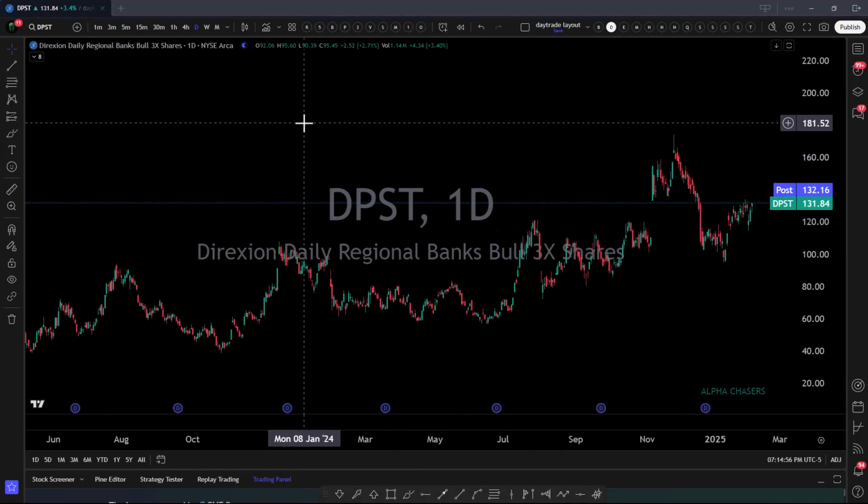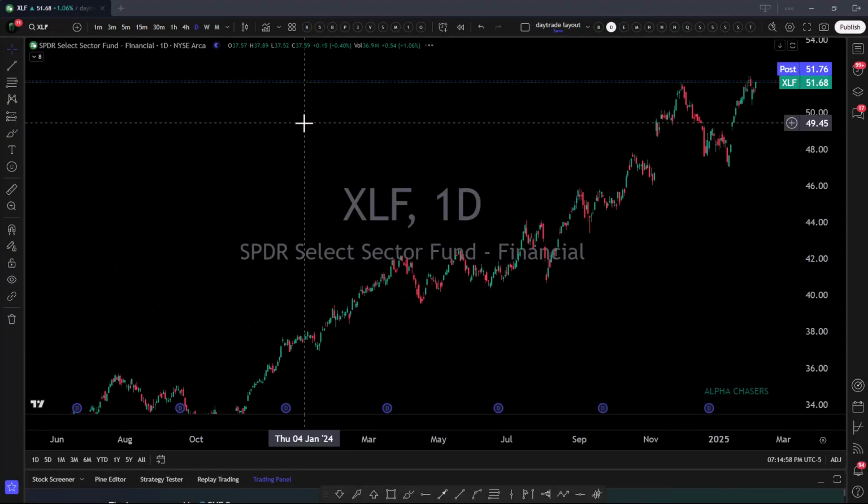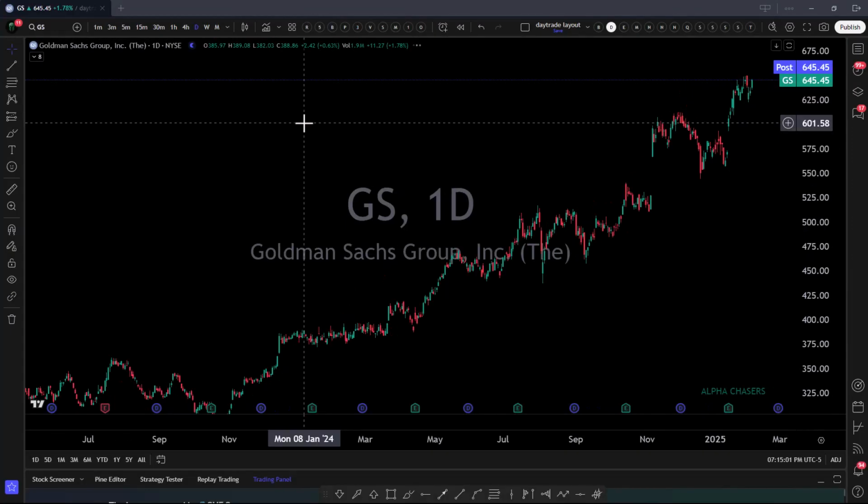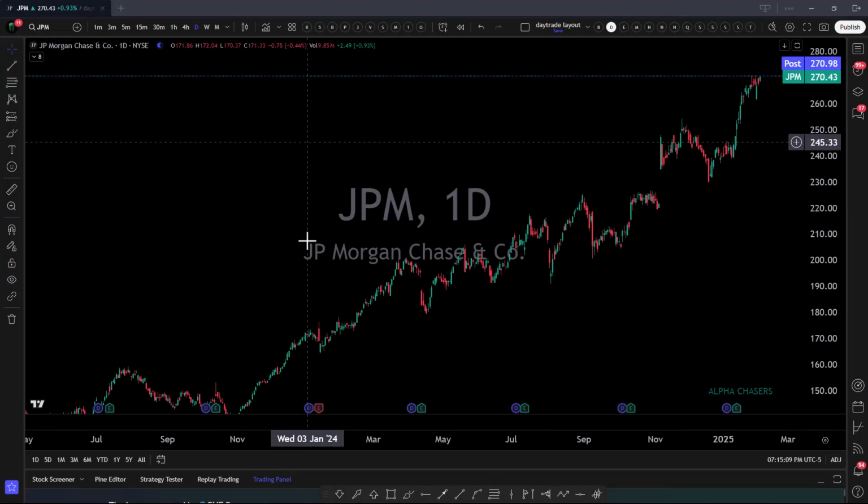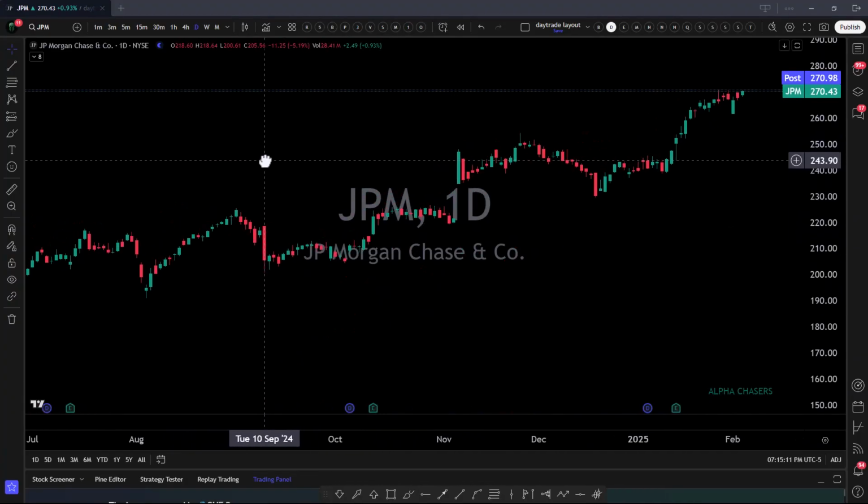But what we're seeing here with the XLF, take a look at this when we start looking at the basics. We start seeing Goldman, new closing high. And you start to see this stuff all the time. JP Morgan, new closing high, all-time high on JP Morgan. So when you have the amount of money that's flowing into the market, do I really need to play around